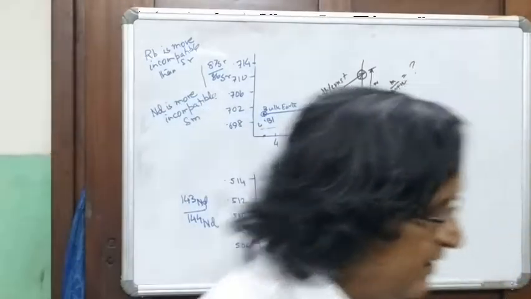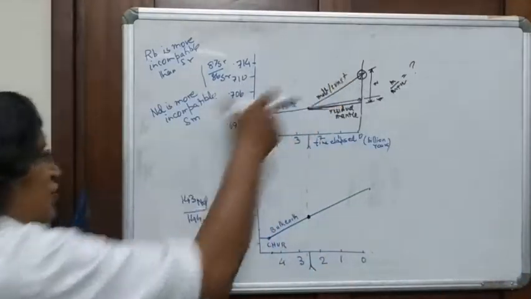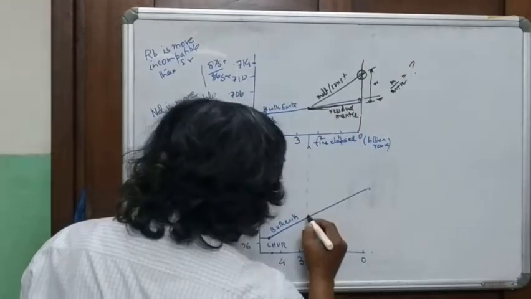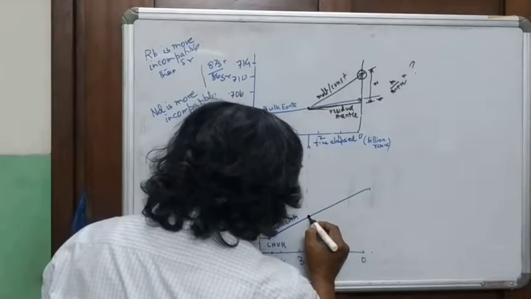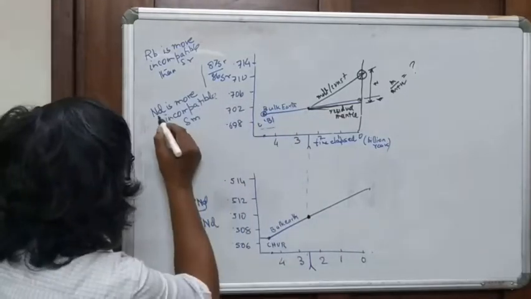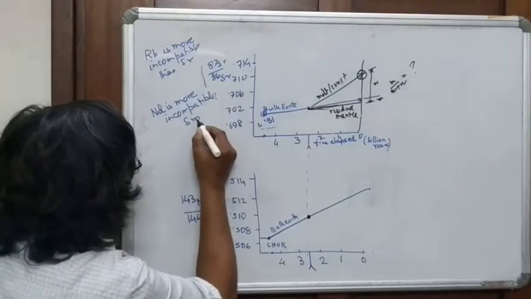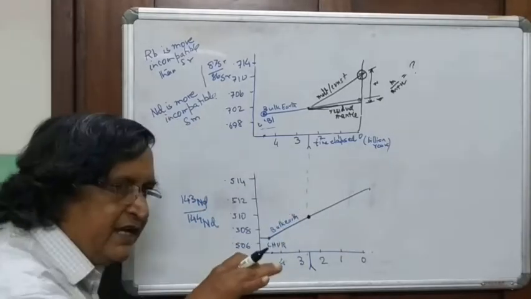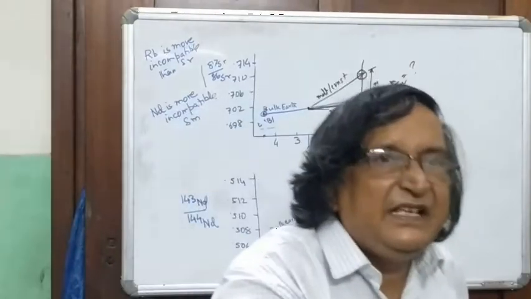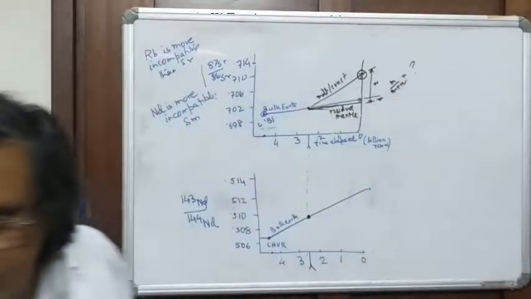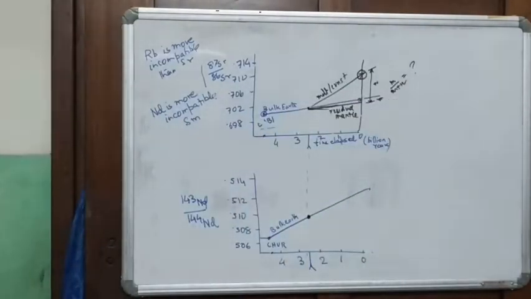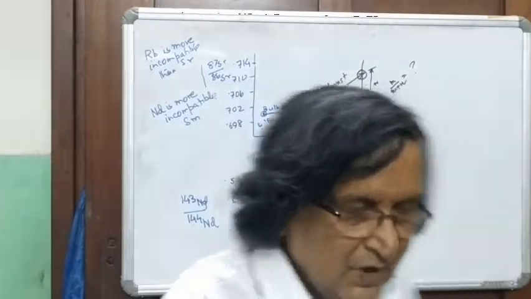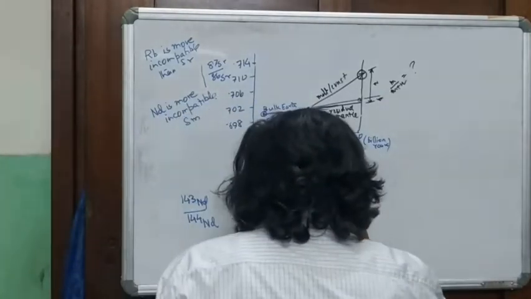So what will happen here is just the mirror image of this. If you melt a rock at the same point, what will happen? You can see here, neodymium is more incompatible than samarium. So the samarium content will increase in the residual mantle. The samarium content will increase in the residual mantle. That means, if I draw a line,